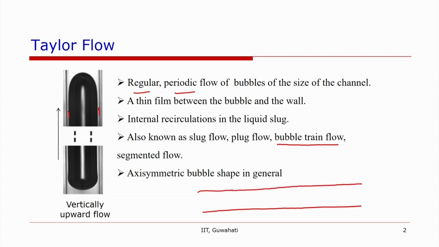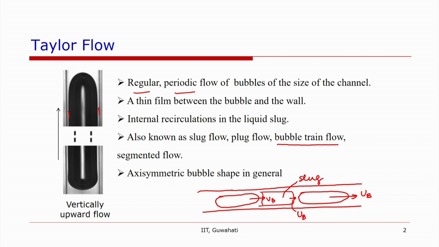that one have bubbles moving with a velocity, let us say ub is the bubble velocity, and this bubble is moving with the velocity ub, and in between the bubbles we have what we call liquid slug. Because these slugs are trapped between two bubbles, they will also move with a velocity which is equal to ub,